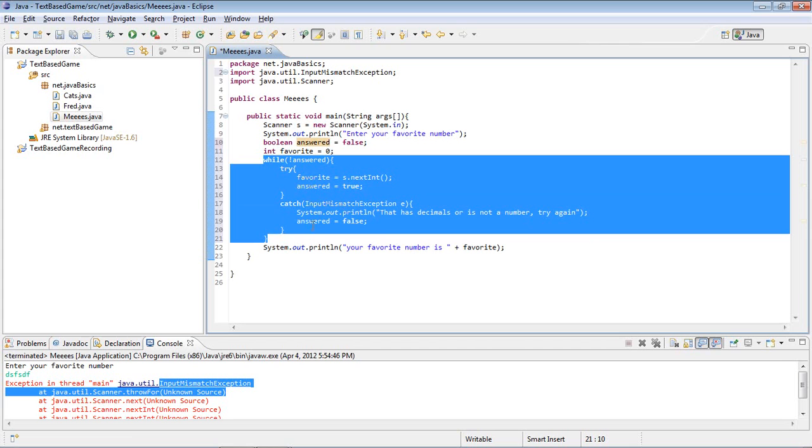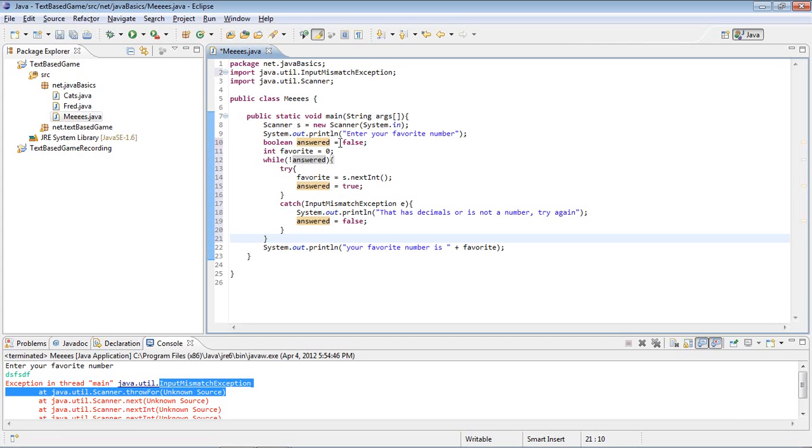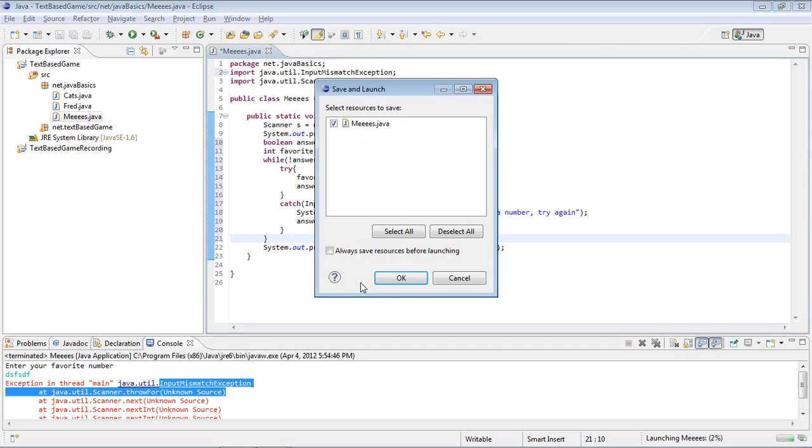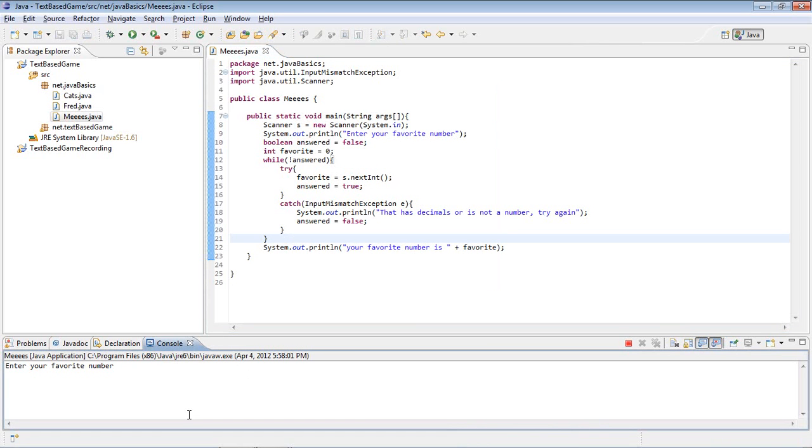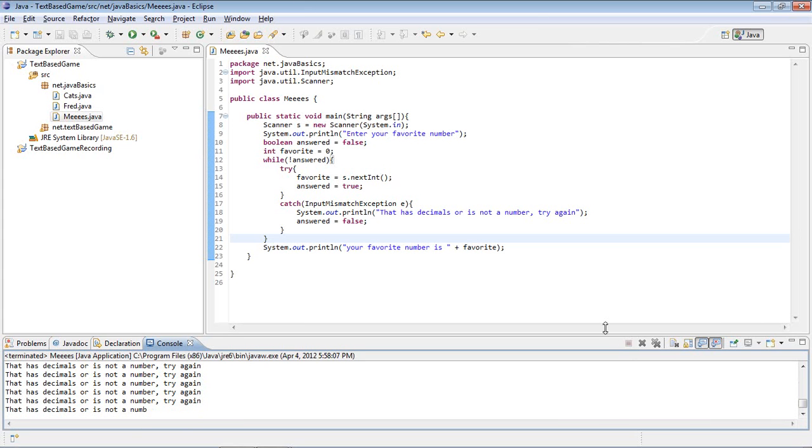Now, I've purposefully left an error in here that annoys me, but just so that you don't make the same mistake, because I don't know how to fix it. So you can see we can still enter 10, and your favorite number is 10. But the error that I'm talking about is that it just loops through continuously, and I've tried different things, like